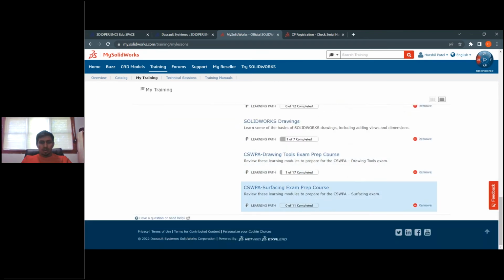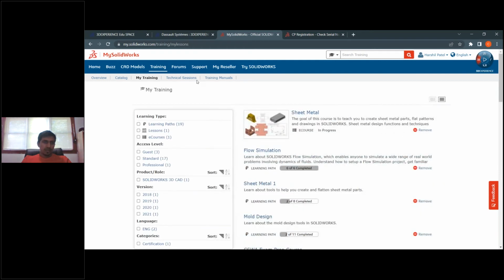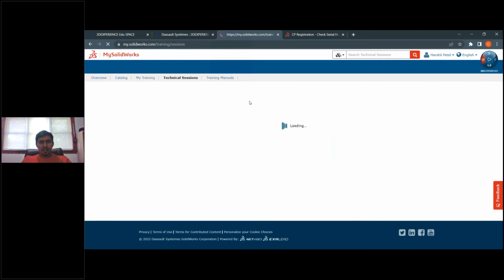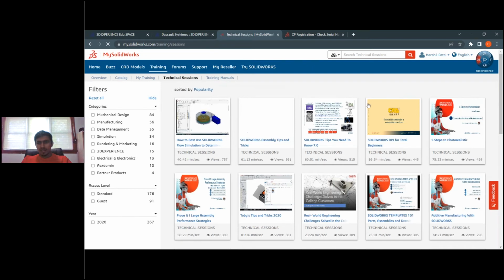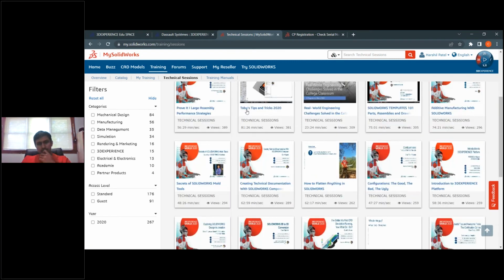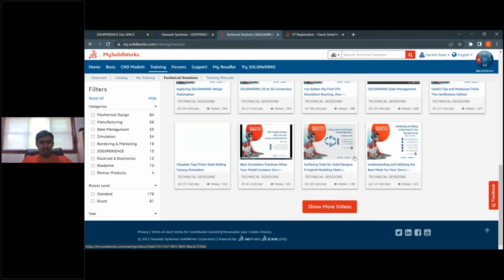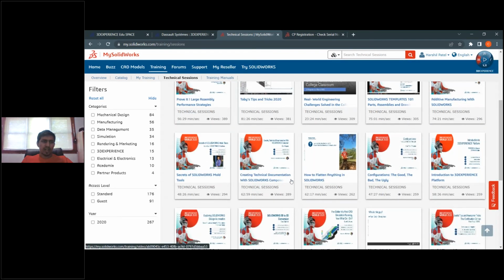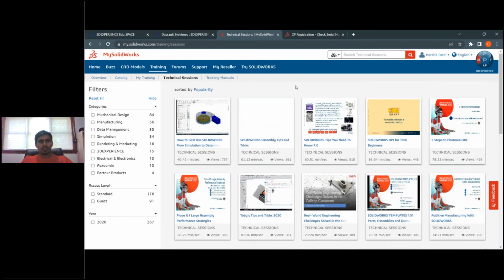It offers a lot of tutorials, and if you want to learn about any technical session, you can just go to the technical sessions and get access to various 3D experience learning, the 3D experience world sessions, as well as some meetups from SolidWorks. So you can get any information and learn any topic from the My SolidWorks website. You just have to create an account for My SolidWorks.